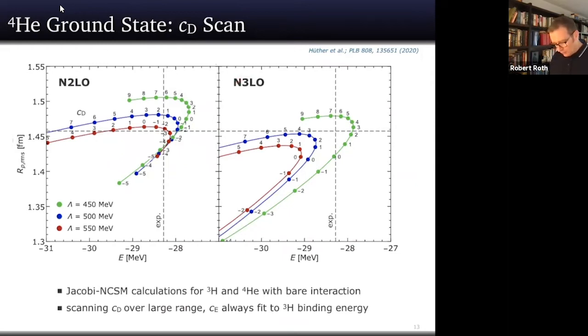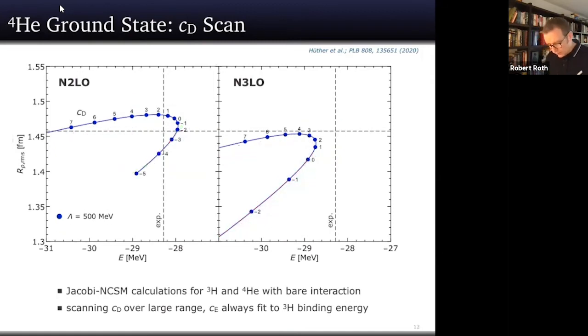And we look at the cutoff, which corresponds to this blue line here. So forget the others. I can go back one more, then I only have the blue line. Okay. So if you would do this optimization for helium-4, then the best compromise to get energy and radius would be this point here, which is CD equal 2. Now I extracted from the oxygen 16 result, I should go to CD equal 4, so this point. So that means I do overbind helium-4, but the radius is pretty okay.